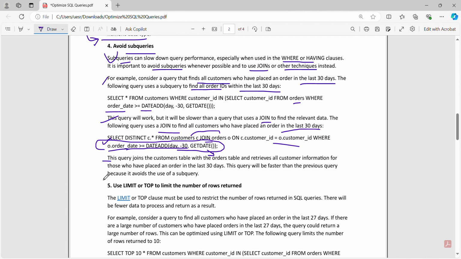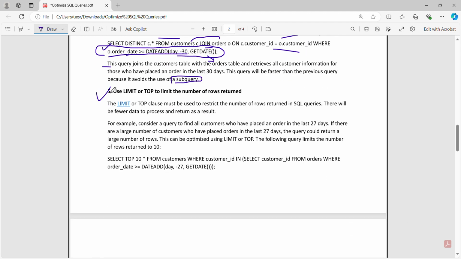So this query joins the customer table with the order table and retrieves all customer information for those who have placed an order in the last 30 days. This query will be faster than the previous query because it avoids the use of a subquery. So instead of a subquery, use a join